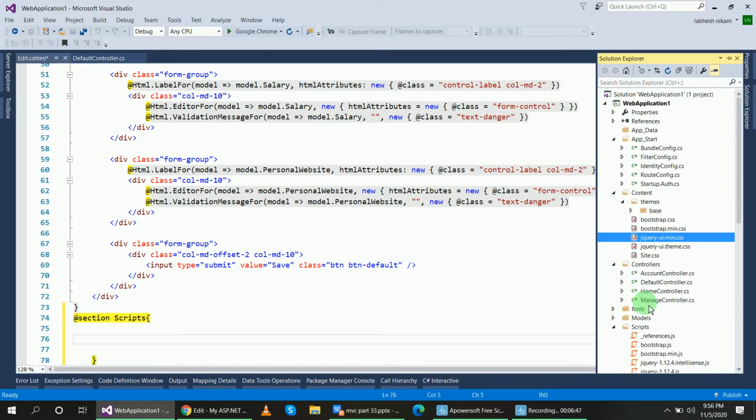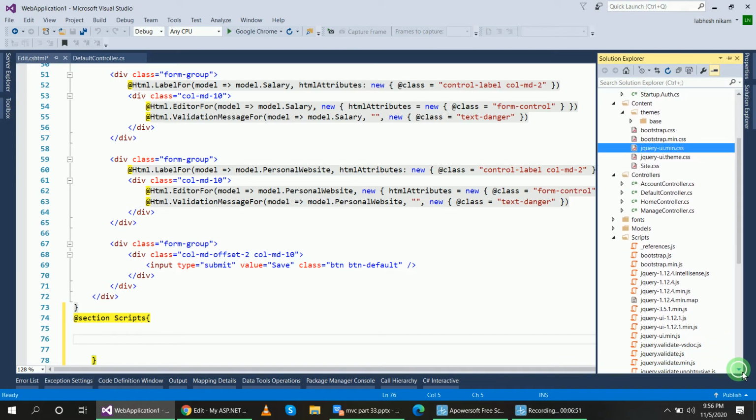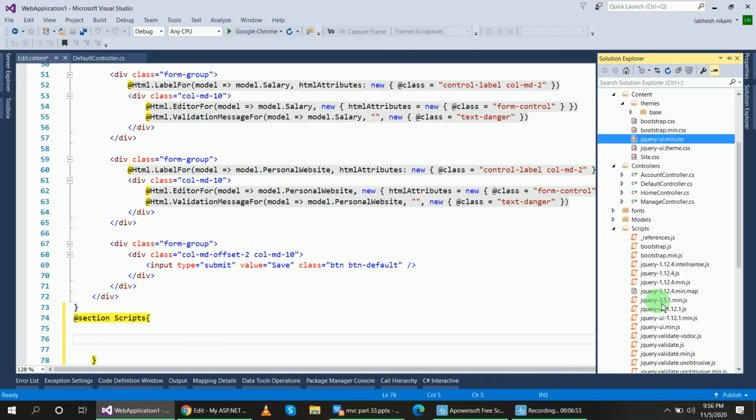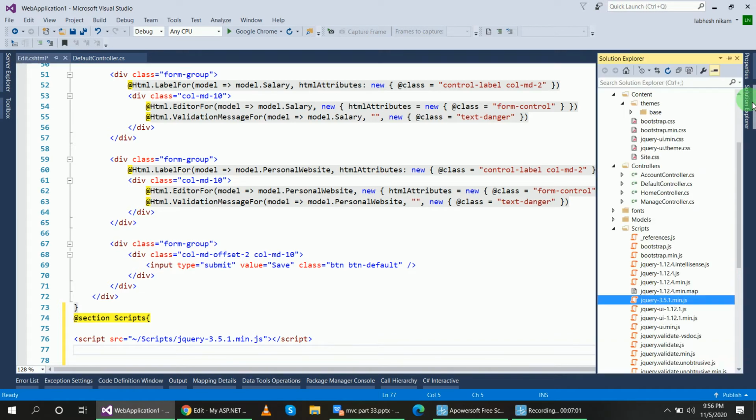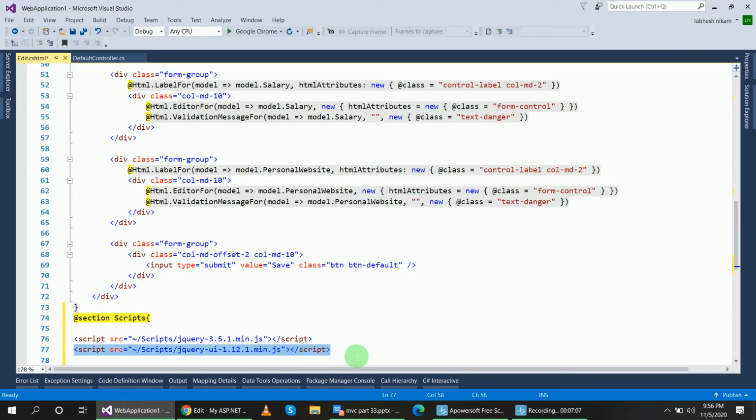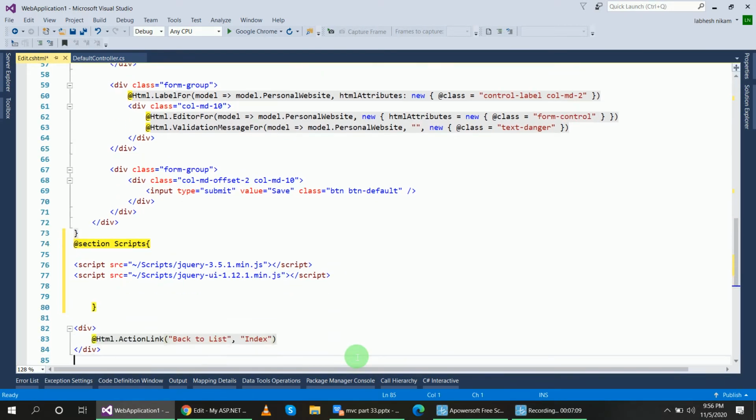The Scripts folder has this jquery-3.5.1.min.js, I will use this, and for the calendar I will use jquery-ui-1.12.1.min.js. So these two JS files are added here and the CSS file is added above.